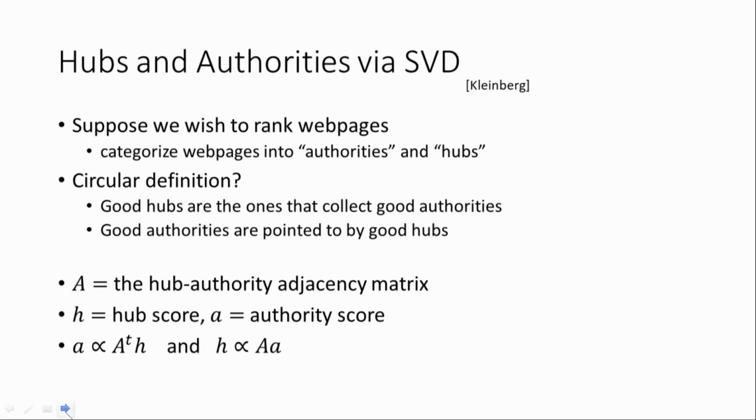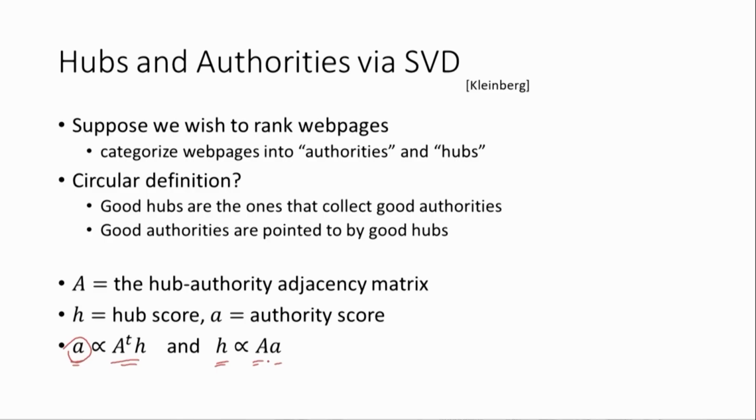Right? So then this definition that we are saying can be represented as follows. It's saying that look, if you are pointing to good hubs, then your authority score should be high. Which means that look at the hub pages that you're pointing to. Let's collect the total score of that. If that total score is high, then your authority score should be high. Which means that the vector A is proportional to A transpose times H, because A transpose times H is really the sum of the hub scores of the pages that you're pointing to,